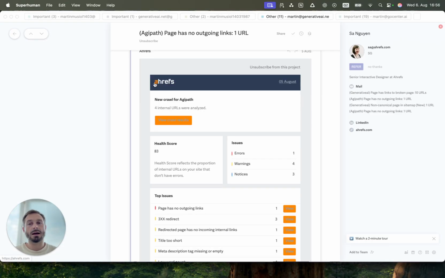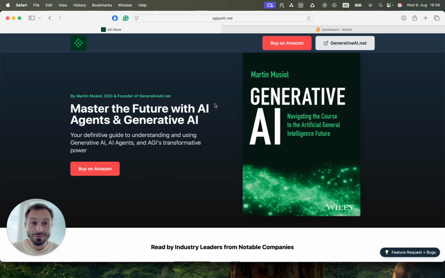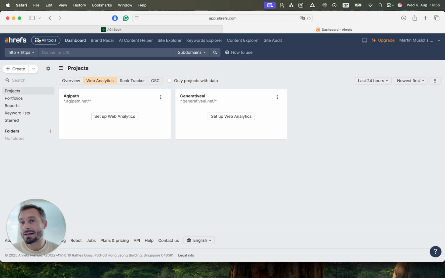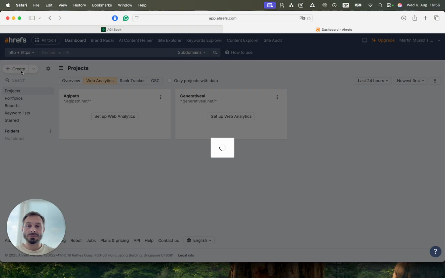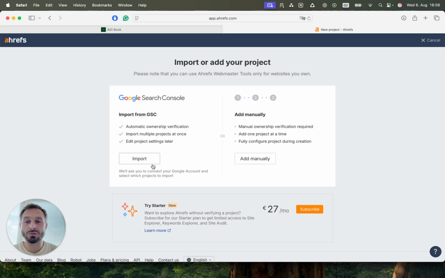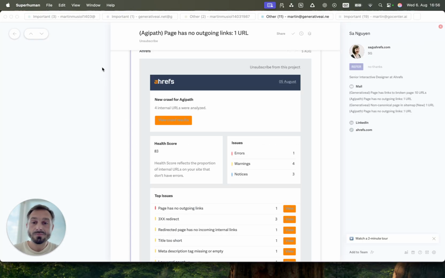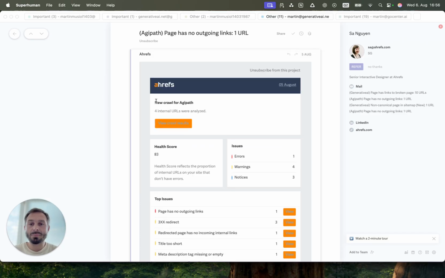So first of all, you have to be logged into Ahrefs, or you should register your web page into Ahrefs, which looks like this. You can register it by clicking create. You have a web page, and then you need to verify that you are the owner and so forth. All right. And for agipath.net, I have now 2 web pages under this specific account,